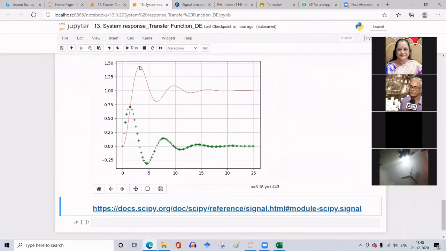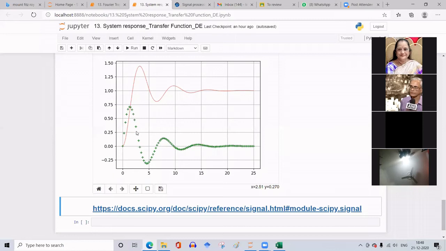So this has got 0 slope at its peak values, is it not? Now if you take your cursor here, you see that when y is maximum, 1.443 at x equal to 3.01, our dy by dt is 0.